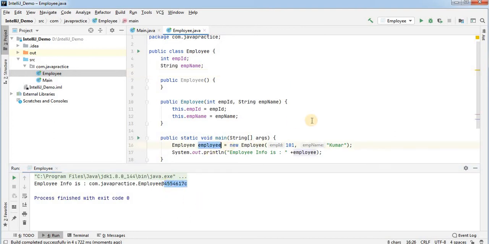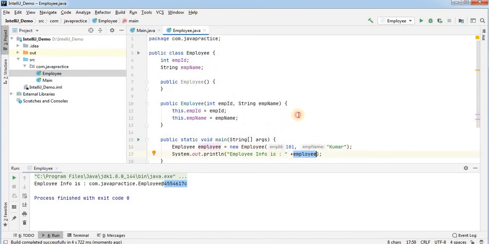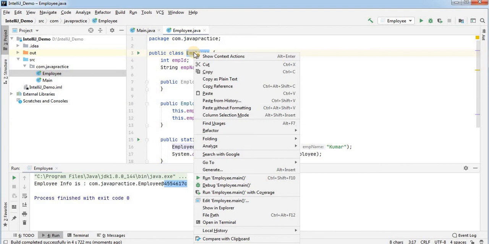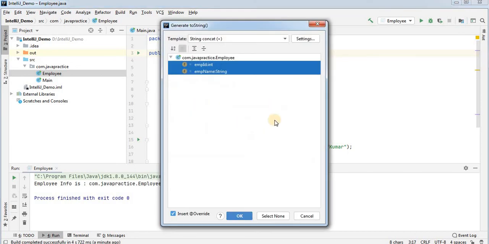So if you want to print the employee information, the best way is to generate the toString method. How to generate the toString method? You just select this Employee class, go to Generate, and select toString.